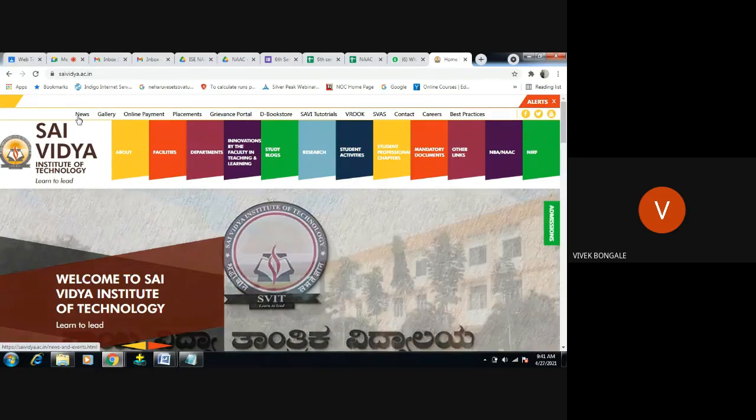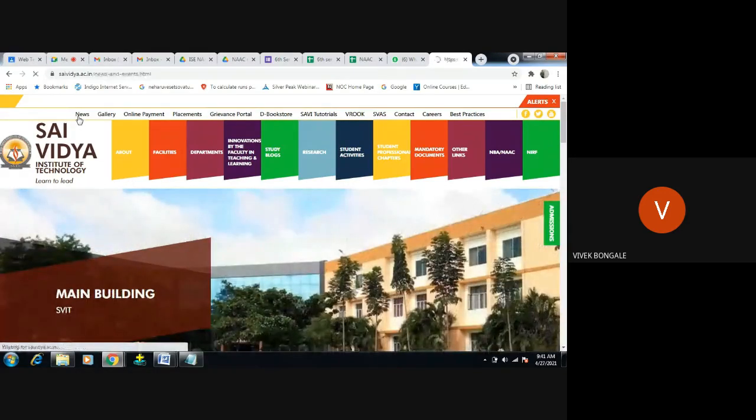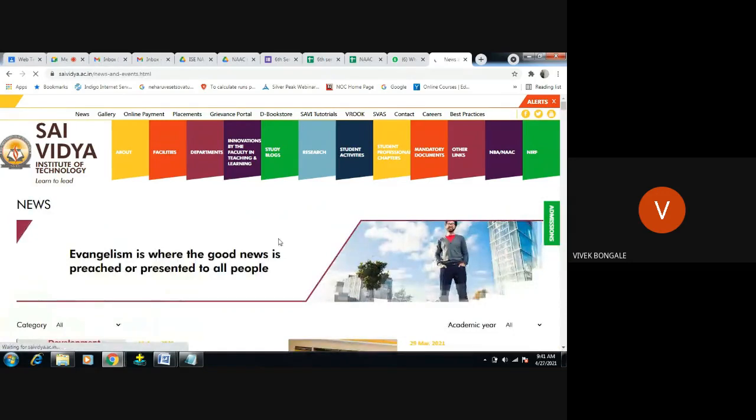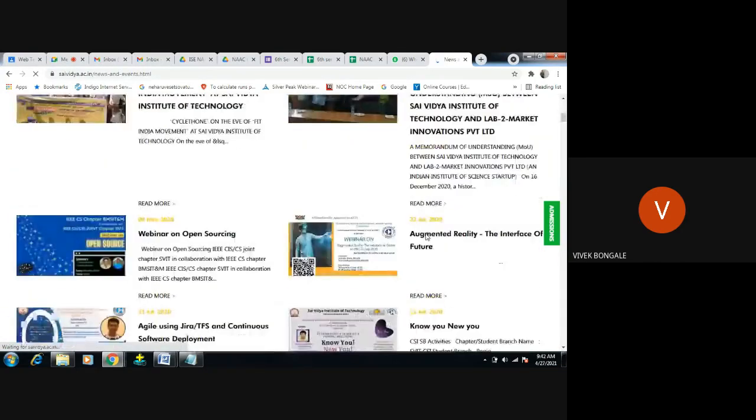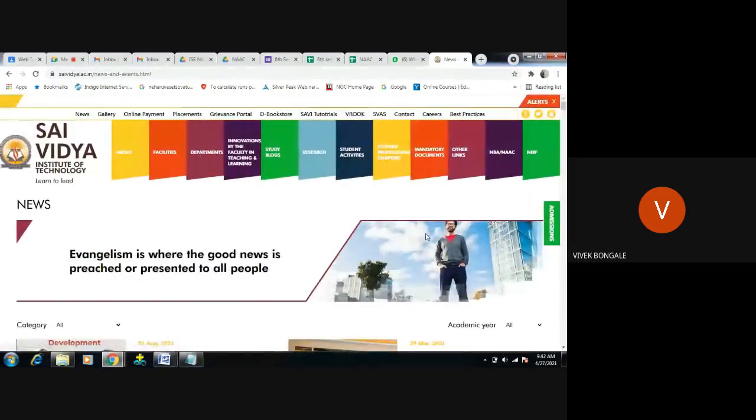It will move to one particular page. For example, I will just click on the news here and open the news page, correct? Whatever activities we have conducted in our college, we have displayed over here. If you click gallery, again the browser will navigate to some other page which is linked to this particular label. As you have seen in the hyperlink, the link we are using, we are not displaying over here. We are just giving the label part.